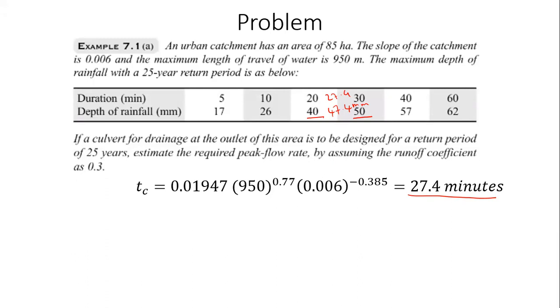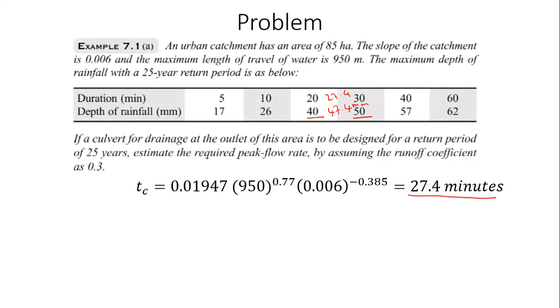You know that in 27.4 minutes, you have received 47.4 mm of rainfall. Okay. So by that time, you should have reached your peak flow rate. But is there something we can do to find out what the rainfall intensity was in these first 27.4 minutes? What can you do? You don't have any other information. Total rainfall divided by catchment area. Not catchment area. You need the rainfall intensity.